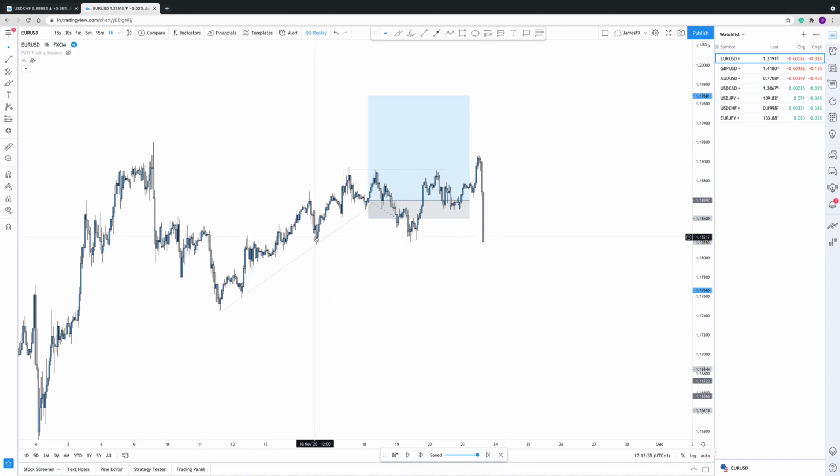So if we have buyers that got involved here, if they're holding their trade, it's likely that they're going to be managing their trade at the lows, because as we know there is liquidity at every high and low in the market, which price tries to move to in order to get that liquidity needed. So this is what's happening here. So we push down, breaking these lows here. Price then comes back up, and